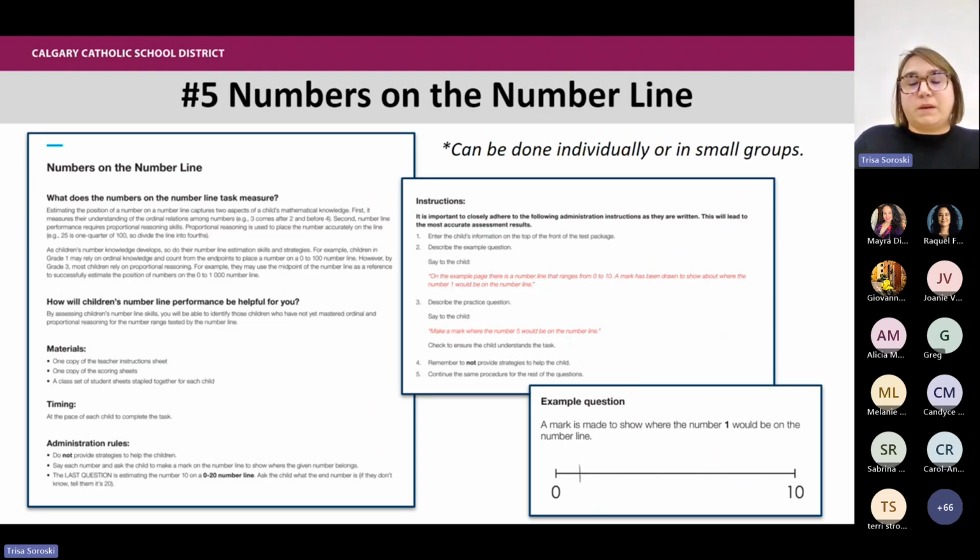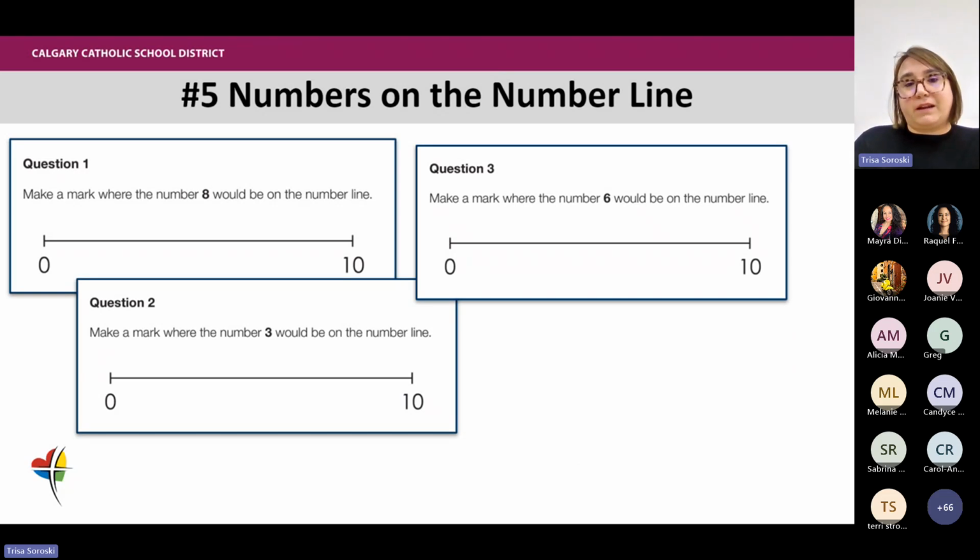The other one that is not going to be a big focus for us, we'll do it, but we're not going to push too hard on this one because we see it in kindergarten, grade 1, grade 2, and 3. It's the numbers on the number line. We say the number and the students put a mark where they feel that number is on the number line. If they understand number lines, you can say, okay, we have a 0 and we have a 10. Where does the number 1 go? Here are some examples from kindergarten. There's an example they can see, and then there's a practice. If they can't do the practice, just put a 0 as their score and move on.